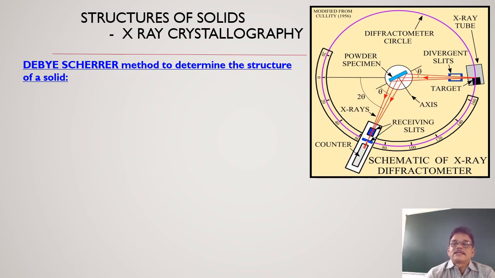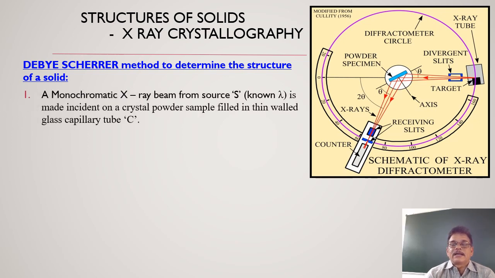Here is the X-ray tube. We call it the source of X-rays. X-rays coming from this source fall on the solid crystal powder, diffract and meet in this counter. In this counter an ionization chamber is present, in which methyl bromide vapor is present, and it is connected to an electrometer. That means the current is determined using the electrometer.